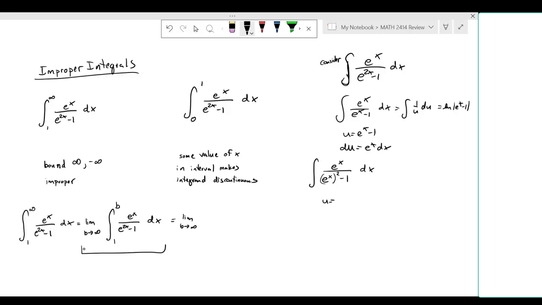Right, so you haven't been lectured over improper integrals. They can't get too deep over it in 2 lectures, right? Or maybe. I don't know how it works. But you let u equal e to the x so that du is e to the x dx. So this is du, and this will become u. So you get